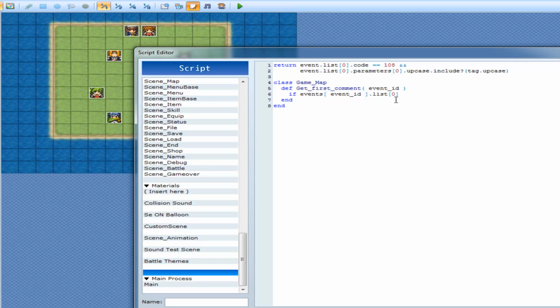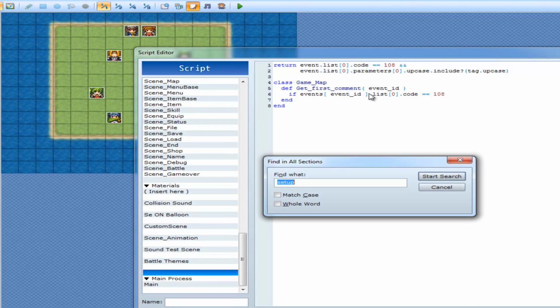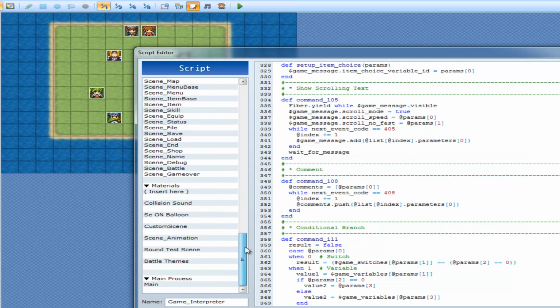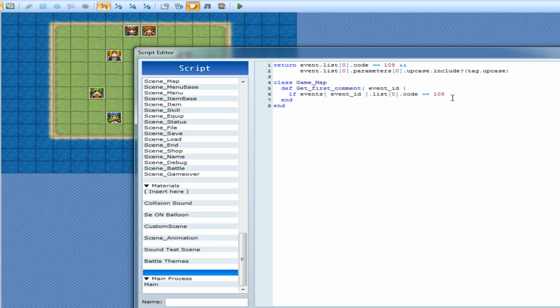If the first one's not a comment, then it doesn't matter. .code is equal to 108, because if we go to command_108, that is a comment. So if the command is equal to 108, meaning the first command on the list is actually a comment, then return